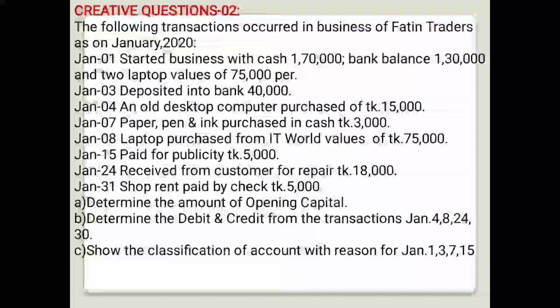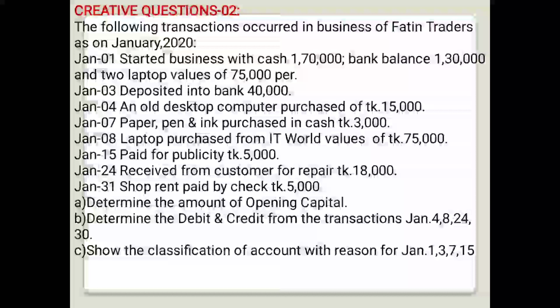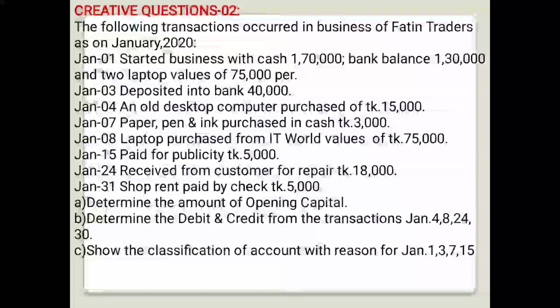And for classification of accounts: capital, that is equity; drawings, equity; cash, asset; bank, asset; purchase, expense; sales, revenue; furniture, asset; plant and machinery, asset; return outwards, but it is contra expenses; return inwards, revenue, that is contra revenue; creditors or accounts payable, liability; debtors or accounts receivable, asset; bills payable, liability; bills receivable, asset; loan, liability; investment, asset; salary account, that is expense; stationery expenses, rent expense, commission expense, discount expense, that is discount allowed,